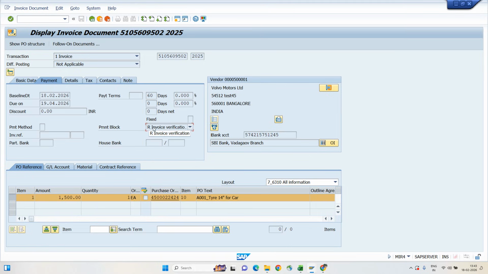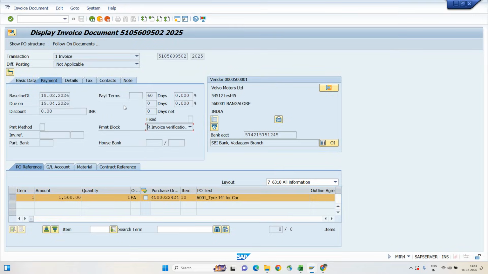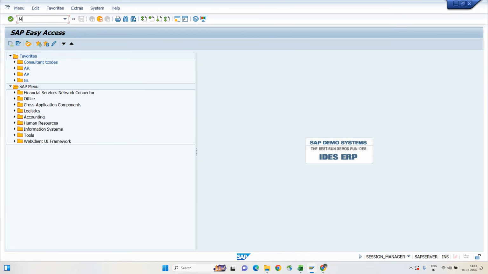Okay, so what happens when there is a block on this particular invoice? Whenever you are executing the payment run, this document will not get paid. So how do we pay this invoice then? As per our process, you have to post the GR in order to make the payment. After posting the GR, you can release that particular document by going to the transaction code